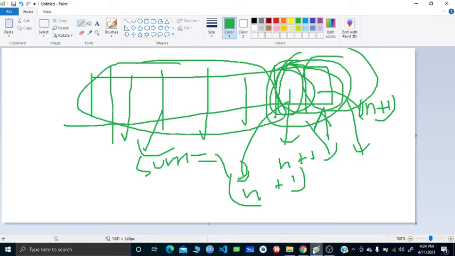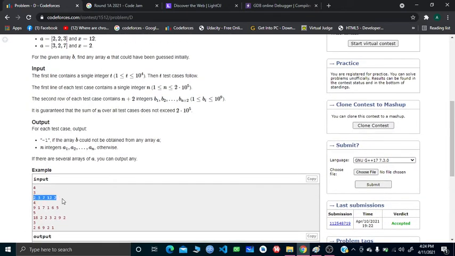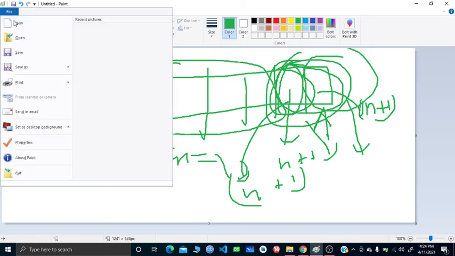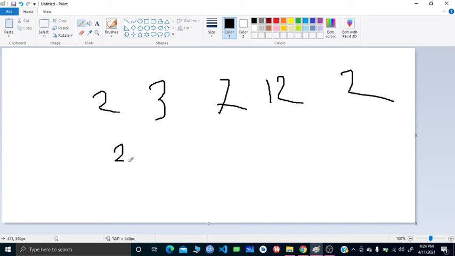And let's give you an example here, so you understand more. Let's see: 2, 3, 7, 12, 2. Now if I sort the array, my first task would be to sort the whole array like that, and then